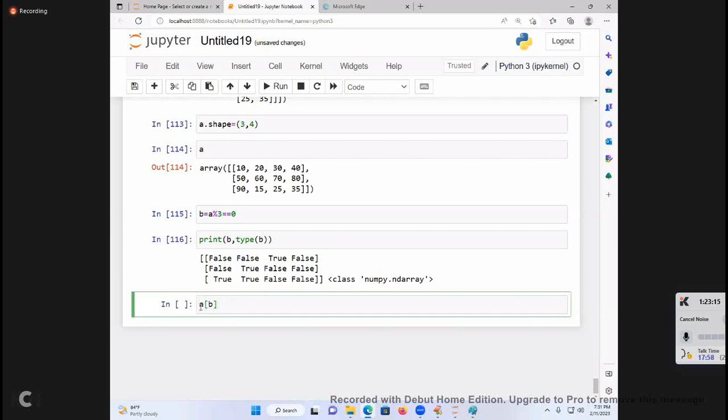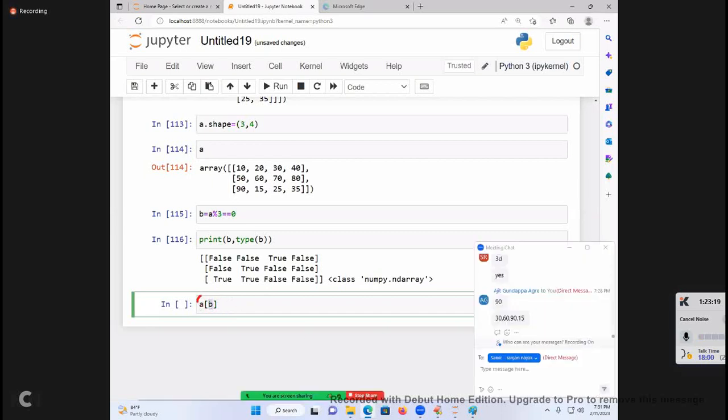That Boolean entry I am passing to A. So what is A doing? A elements are applied to the Boolean array. 10 applied to false, not selected. 20 not selected. 30 applied to true, selected, 30 printed. 40 not selected. 50 applied to false.